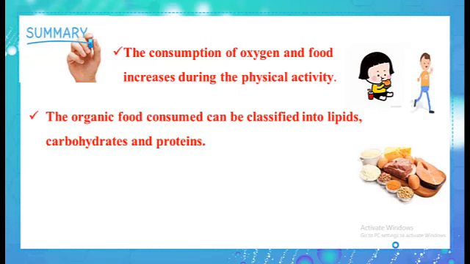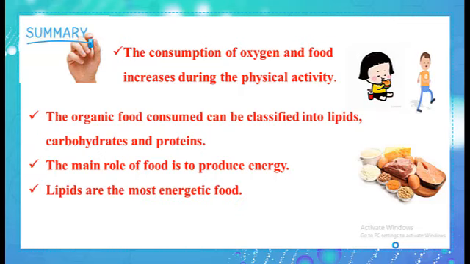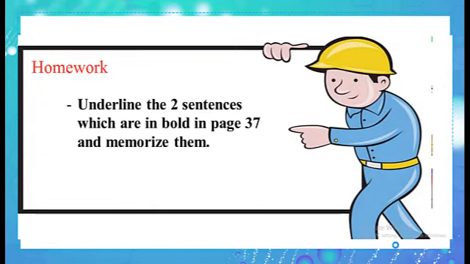So, as a summary, the consumption of oxygen and food increases during the physical activity. The organic food consumed can be classified into lipids, carbohydrates, and proteins. The main role of food is to produce energy. Lipids are the most energetic food. As a homework, underline the two sentences which are in bold in page 37 and memorize